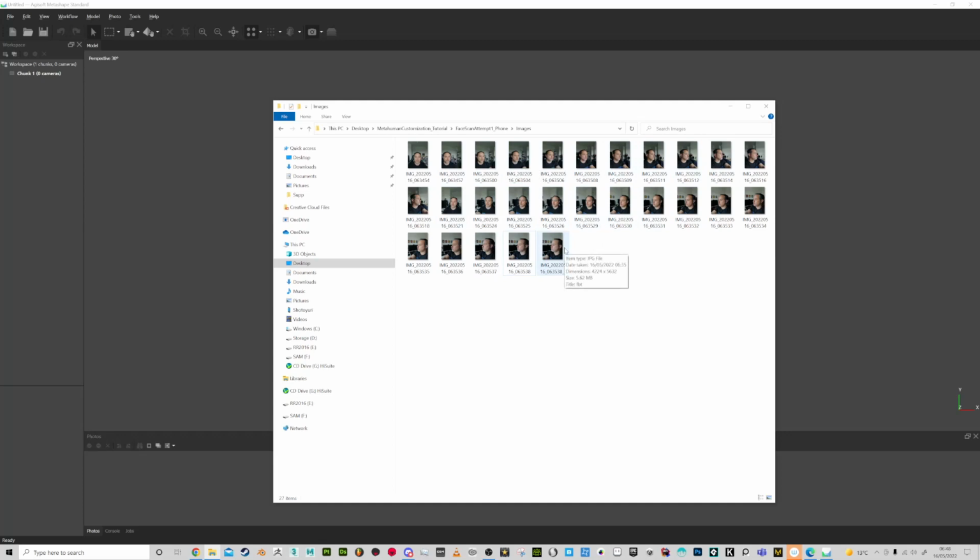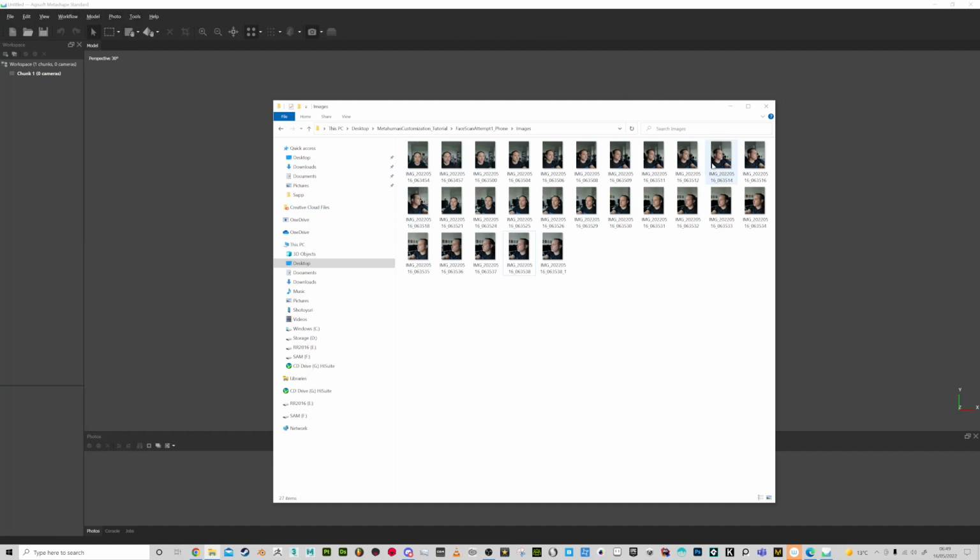So ideally you want someone else to take pictures of you. I've taken the pictures at the highest resolution on the phone, 40 megapixels. I'm using a Huawei P20 Pro. A bit of an older phone now, but still good photographs from it. So here's the 27 photos that I managed to take, and I've got